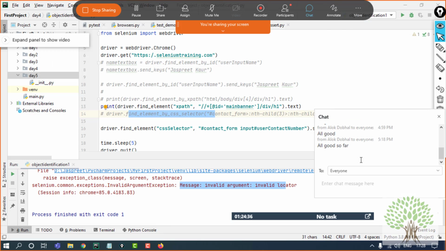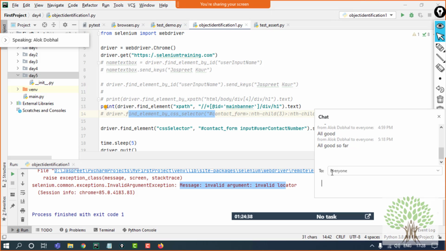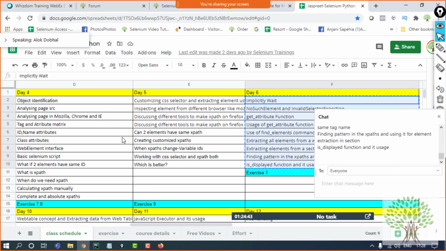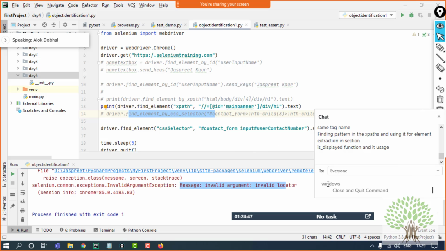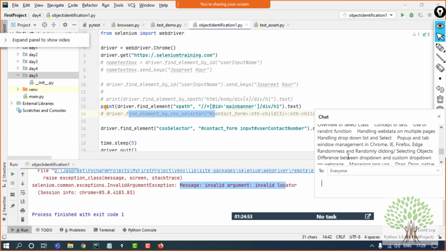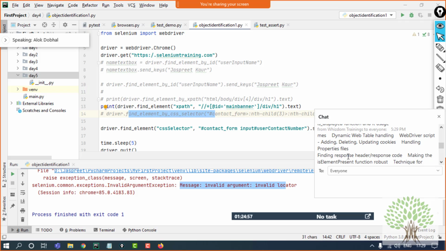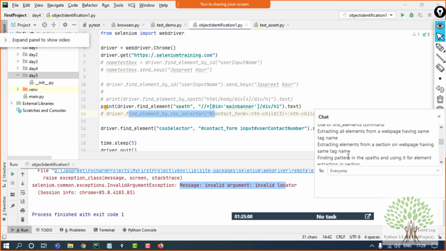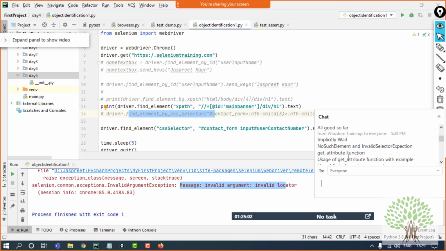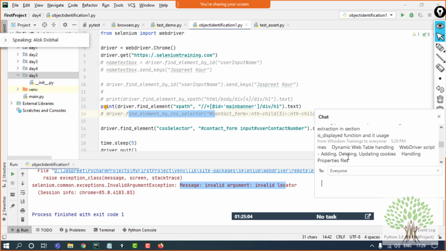You can just copy paste this particular sheet and send it to me because it will be easy for both of us, and if I can go above it, then it will be fine. I'll do that. I don't need the whole sheet, like I've got a lot of stuff in it, just for the Selenium Python part. I don't know what it's going to look like. I've sent you the whole sheet, if you can understand it yourself. No, that will be fine. I just want to see the day wise thing, what you're going to cover. Yeah, I've copied everything.